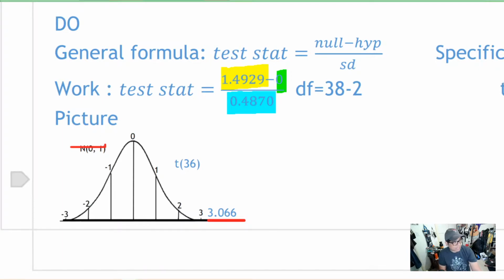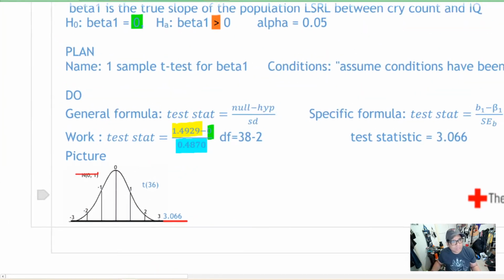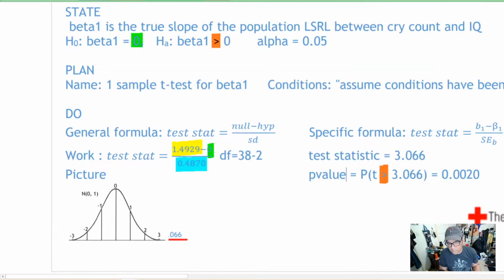It is shading to the right because our alternative hypothesis, if you will remember, was beta 1 is greater than 0. Okay, p-value time. Our p-value here is the probability or the proportion on the t-curve that's greater than 3.066. And using our TI calculator, we get